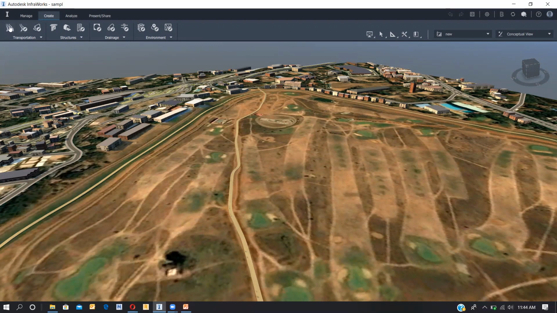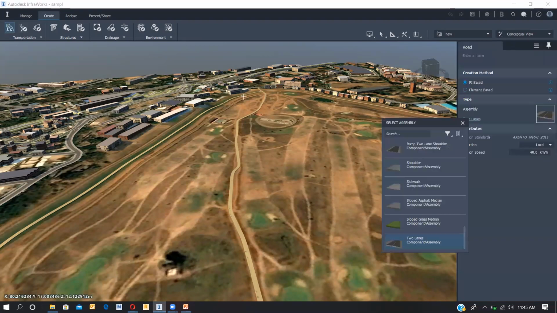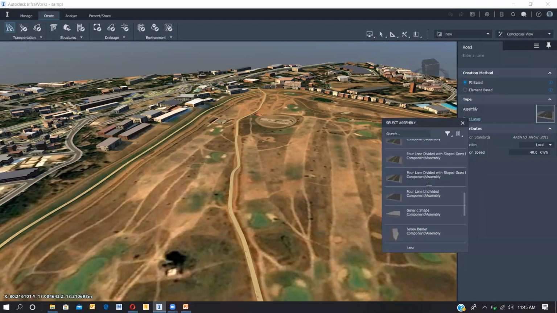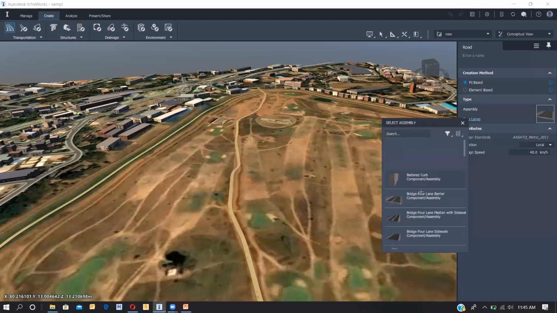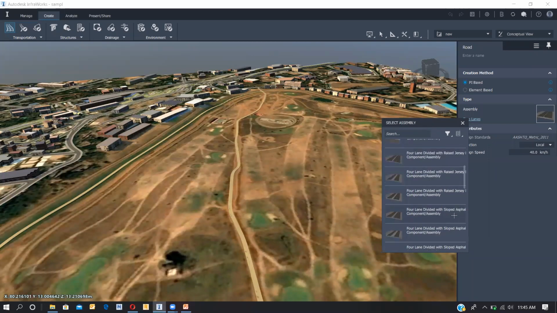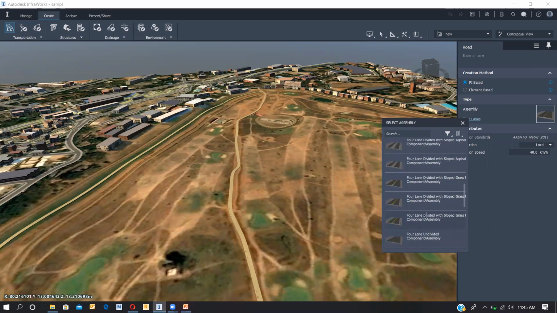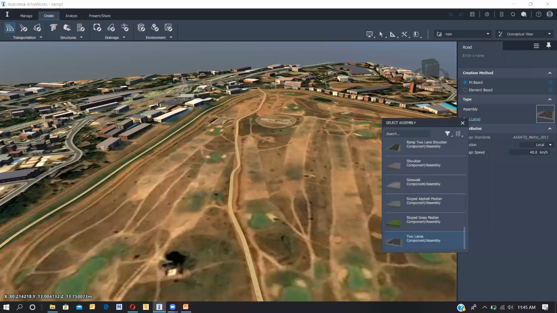Now I'm going to make a component road. So I'm clicking this. Here you have the options to select from the libraries. As I said earlier, you can't add libraries here in InfraWorks, but you can use the libraries which they have given us. So these are the libraries for roads we have. You have 4 lane divided, you have 2 lane roads. We'll have more types of roads here in InfraWorks. You can select any; I'll select this 2 lane road.